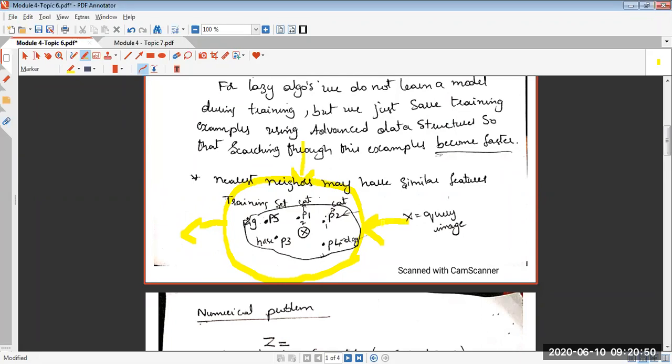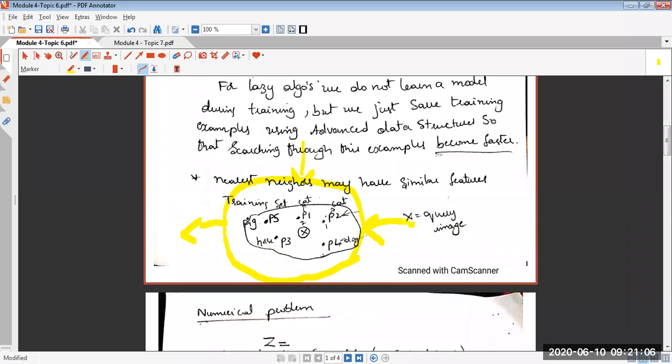So this is the situation. This is how things have been organized in the nearest neighbor classifier. We also understood how it works. I took a very small, simple example and tried to demonstrate how things are working in this algorithm.